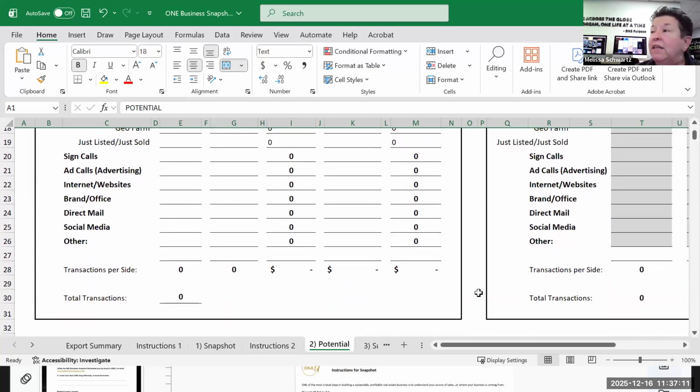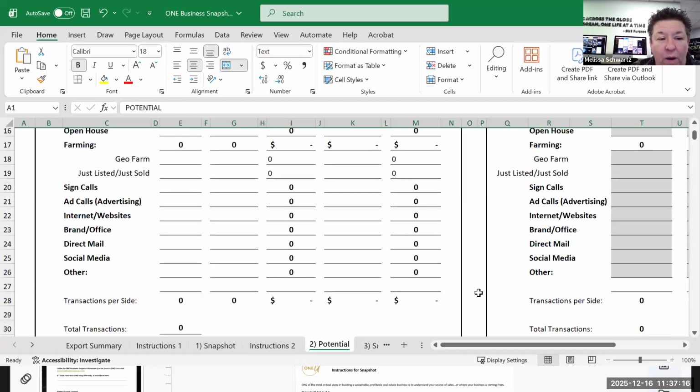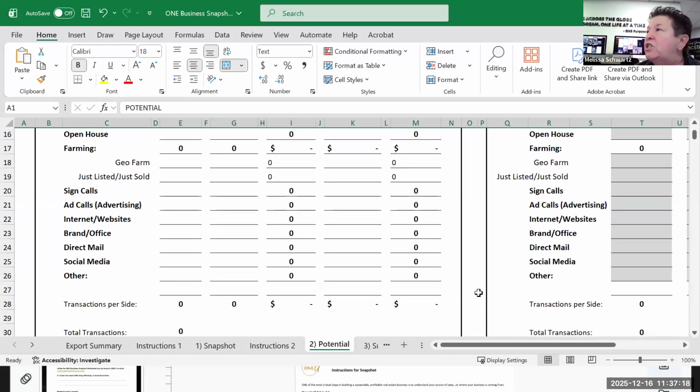Sign calls. If you had listings and your sign is getting a bunch of calls, right? Here, I go up here, you're farming, just listed, just sold. Did somebody call you from one of those cards? Did you have a QR code that went into your CRM? It'll show that it came through those networks. You all have free access to What's My Home Worth, the algorithm that's on your website. You all have a free website that's there. Even if you're not using that website, it's already set up for you, right? You can steal that